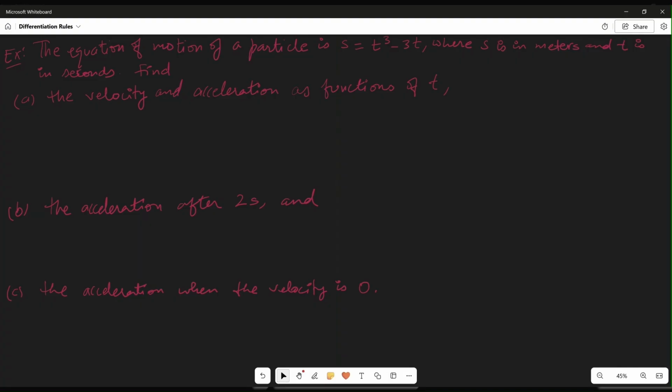Looking at this problem, the equation of motion of a particle is this function. We have s equal to t cubed minus 3t, where s is in meters and t is in seconds. So we are being asked to find velocity and acceleration as functions of t. So what is the velocity